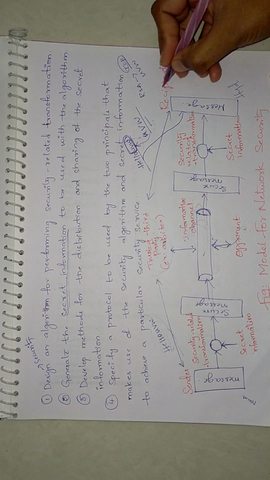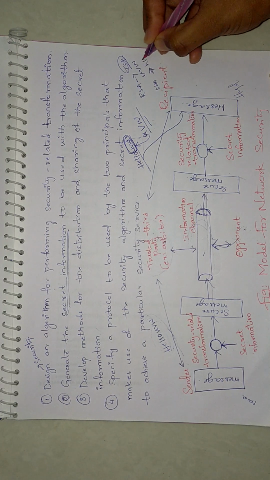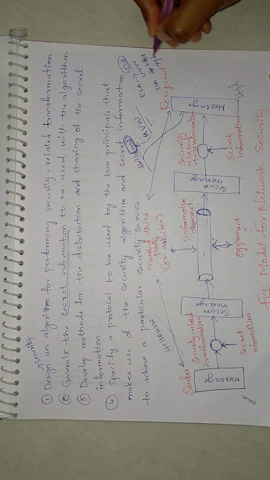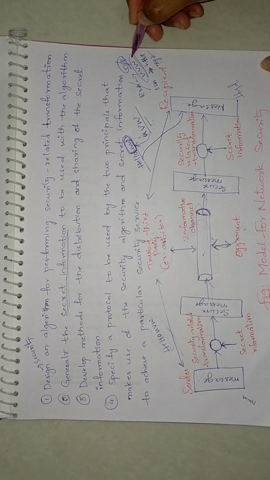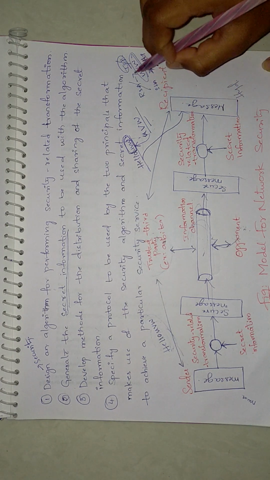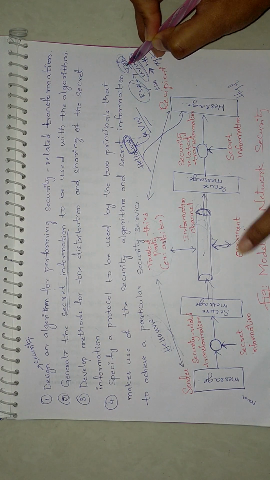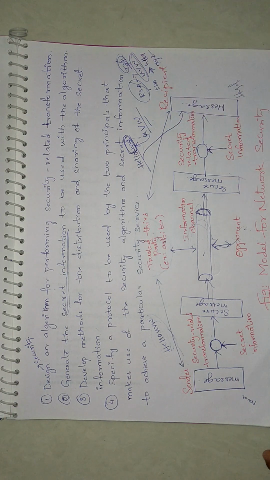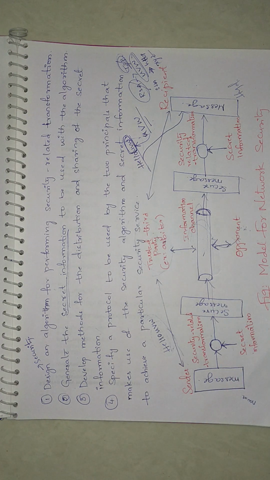I'm using the SHA algorithm, and I'm using the HTTP protocol, and I got the information as XYZ. So depending upon the algorithm and the protocol, the secret information will vary. That is why no one will say what kind of algorithm is used and what kind of protocol is used in the transmission between the sender and the receiver. Okay, this is how the complete process of information transferring from the source to the destination works.